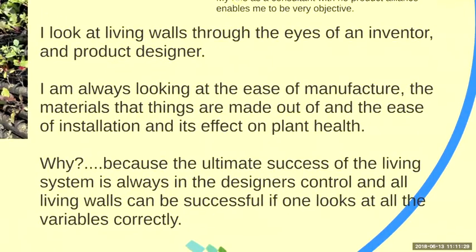You know, I'm an inventor, and that's how I started out in my professional life after college. I've got a number of patents in the living wall area, and I've got some patents that have been applied for and are going through the process right now. So I look at living walls through the eyes of an inventor and product designer. I'm always looking at ease of manufacture, ease of installation, the materials they're built out of, how sustainable they are, how easy it is to install the systems, and their effect on labor and maintenance,